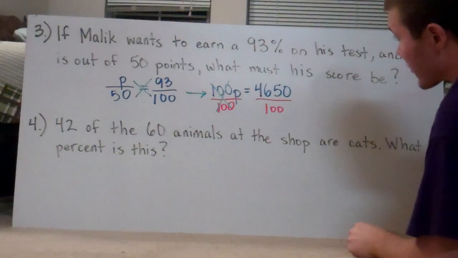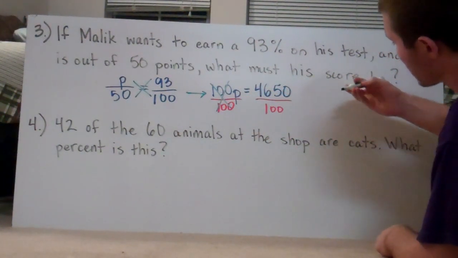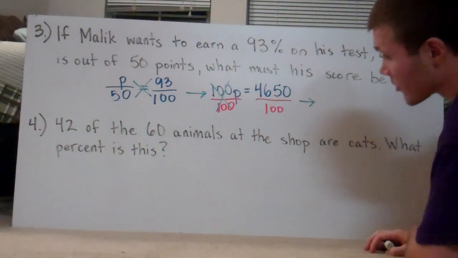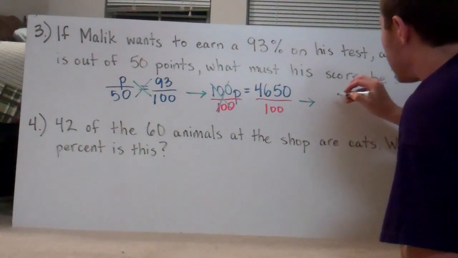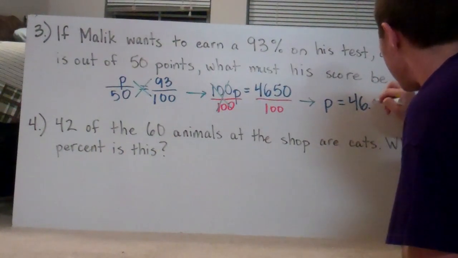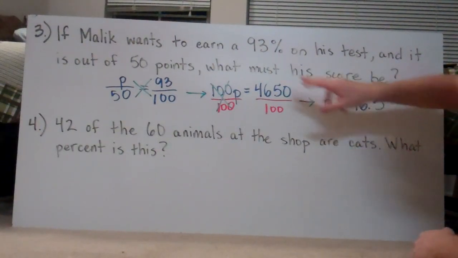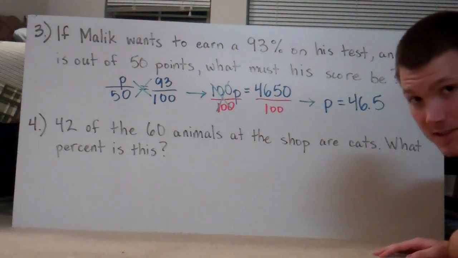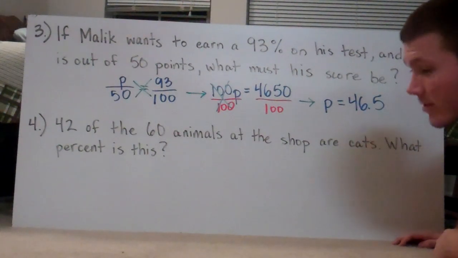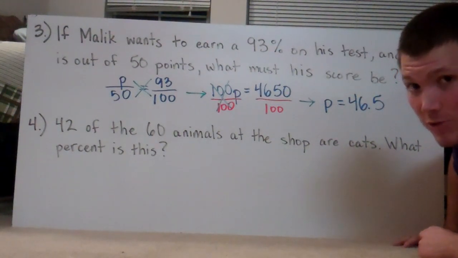Now, all we've got left is P, and when I divide 4,650 by 100, P ends up equaling 46.5. So, if Malik wants to get a 93% on his test, and this test is out of 50 points, Malik needs to get at least a 46.5 out of 50 to get that 93%,